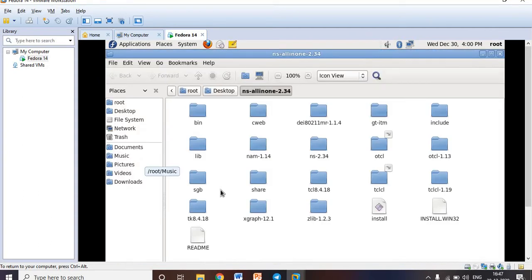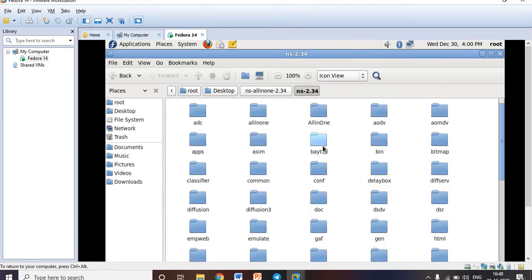Okay, I just double click on this, so you can see we have animation files. Whatever features you need to execute the animation file, we have within this folder, and this is related to Xgraph. But here we have one more folder, that is NS 2.34, which is one of the core folders of NS2. I just open this, and to execute your fifth and sixth program you have to go to a folder, that means wireless script. Within that folder you have to execute your fifth and sixth program.